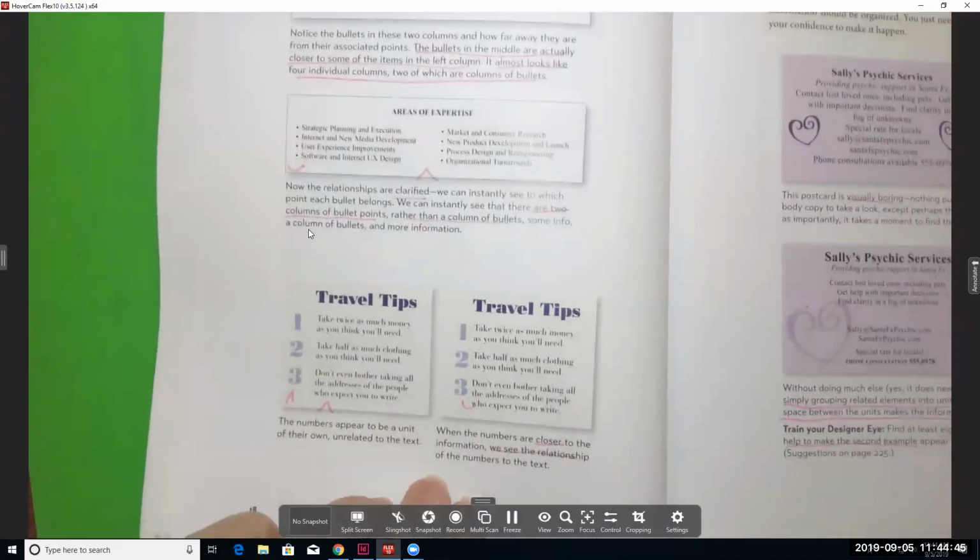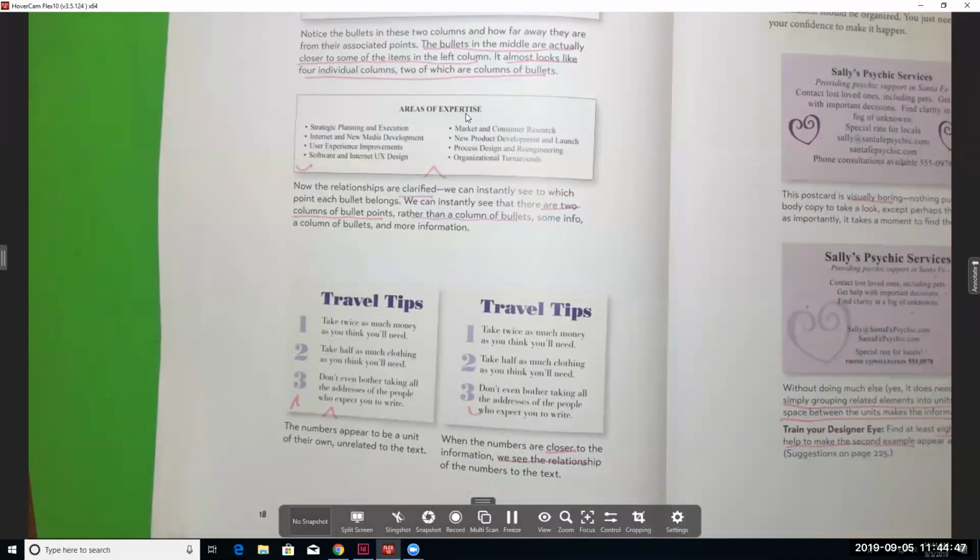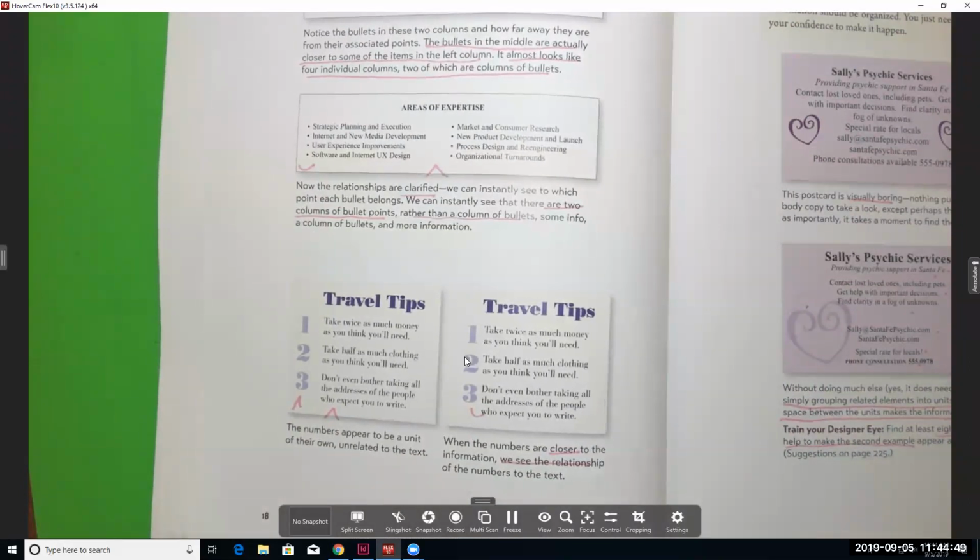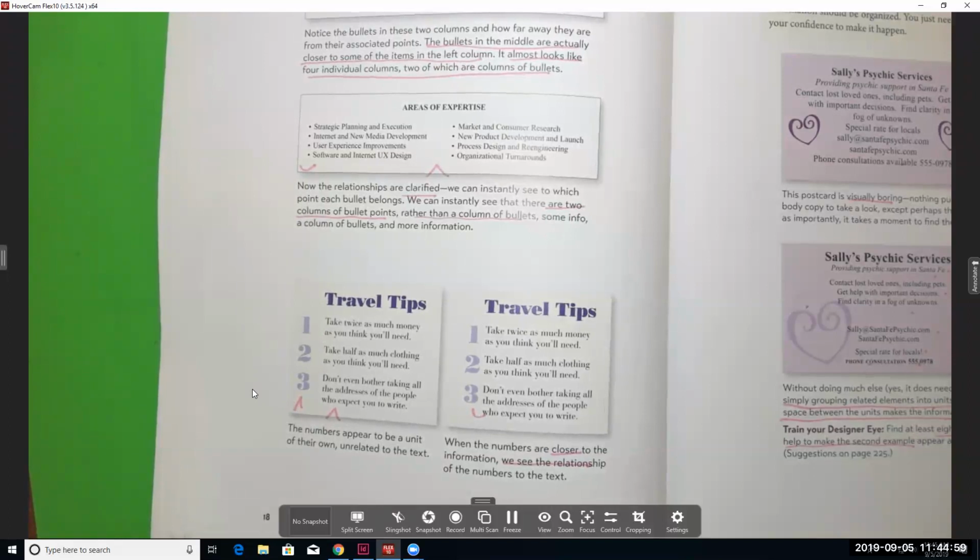At the bottom, travel tips. This one again, it may be clear that there's 3 travel tips here, but it's not even entirely clear if 1 goes with "take your money" or "twice as much money," 2, whatever, 3. Whereas the next one, because it's so much closer, it's really clear that there's 1, 2, and 3. So it's a relationship,